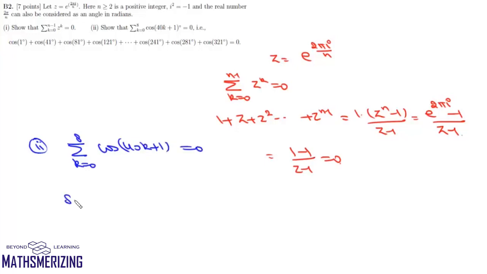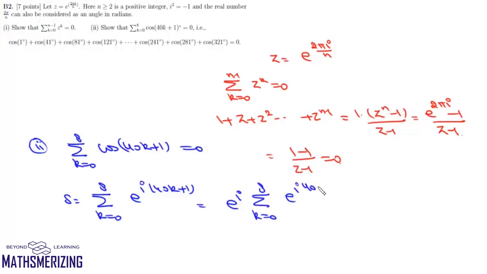So what we'll do is, we'll consider this series, which is summation k varies from 0 to 8 e to the power iota 40k plus 1. We can write this as e to the power iota and then summation k varies from 0 to 8 e to the power iota 40k. Now what we'll also do is, we'll multiply and divide it by 9. We can write e to the power iota and then this summation k varies from 0 to 8 e to the power iota. Now 40 into 9 is 360, which is 2 pi, and will be 2 pi by 9.